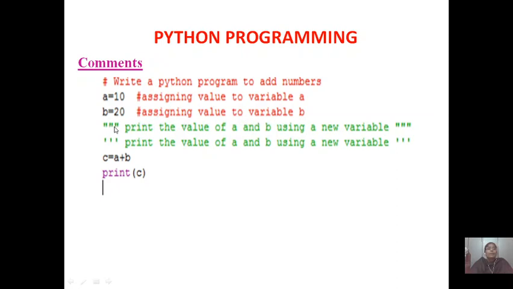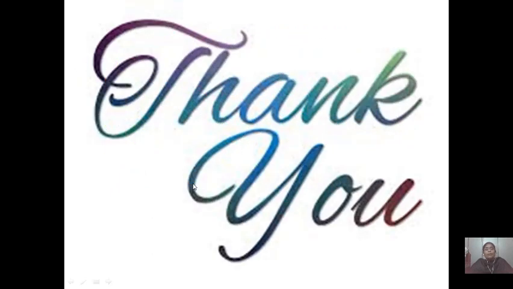Triple double quotations are used, so it is a comment until you use them at the end as well as the beginning. So this entire block is considered as a comment. Similarly for triple single quotes, this is also considered as a comment, and comment lines are ignored by the Python interpreter. It is only for understanding purposes for the programmer. It is like documentation.